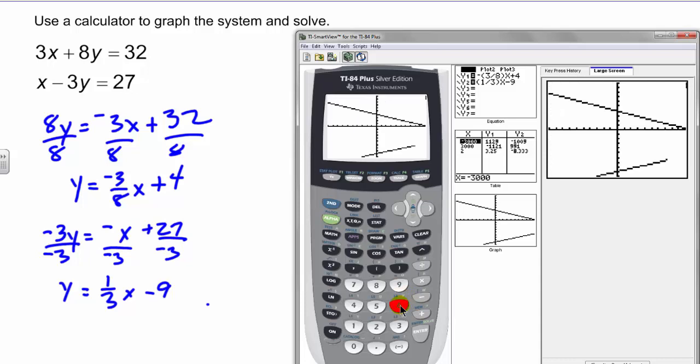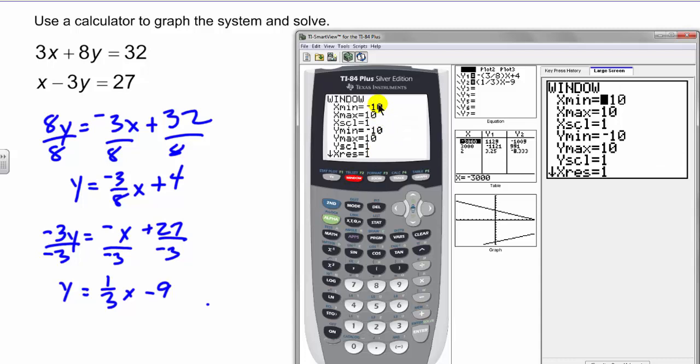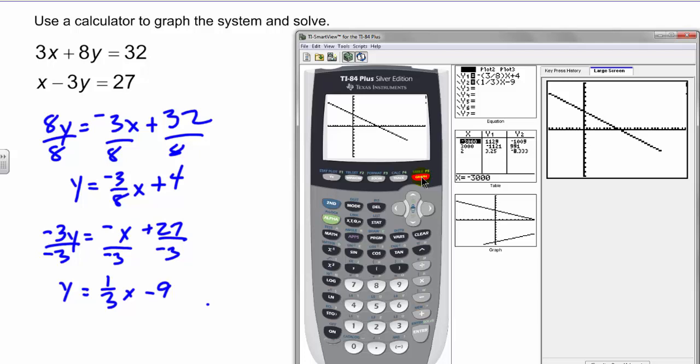But you'll notice that I can't see an intersection, which is not a good thing because we want to find out where that intersection is. The reason we can't do that is because my window is not big enough. The standard window goes from negative 10 to 10 in both the x and the y. Now if I want to see further to the right, I'm going to need to adjust my window so that my x is much bigger. Let's call it 30. So once again, hit window and then change your x max to 30. Go ahead and graph it again. And you'll see here